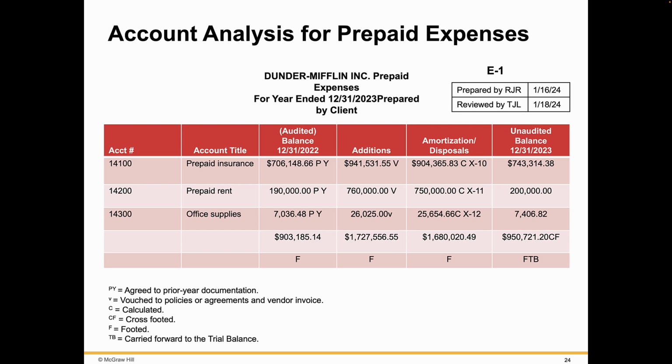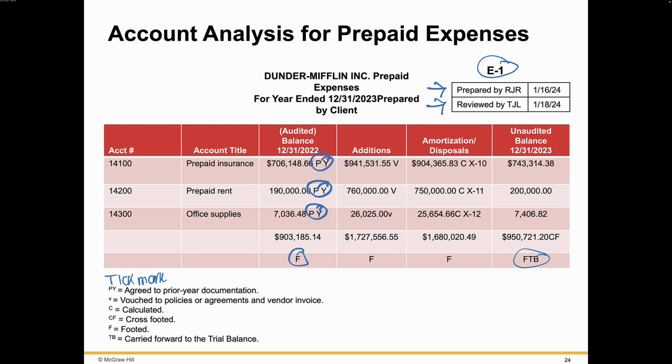And here's an example of an account analysis for prepaid expenses. So you see we do have the actual link here to the work papers, and you notice that we have our tick marks right here. And then you see F is for footed, so we're footing everything, and you see how every number has some type of tick mark. So I should be able to pick up this work paper and know exactly who prepared it, who reviewed it, and the work that was performed, as you can see.